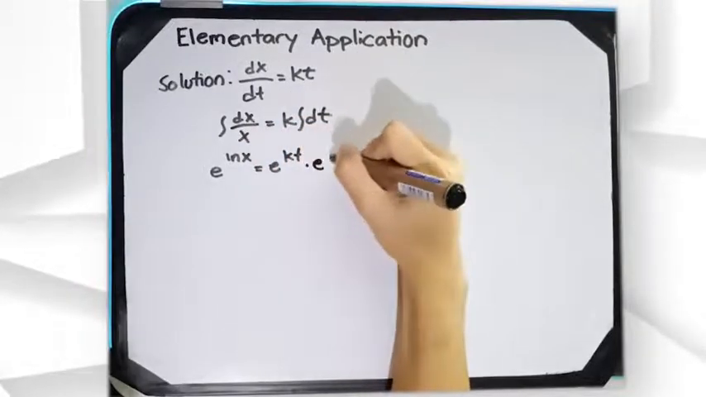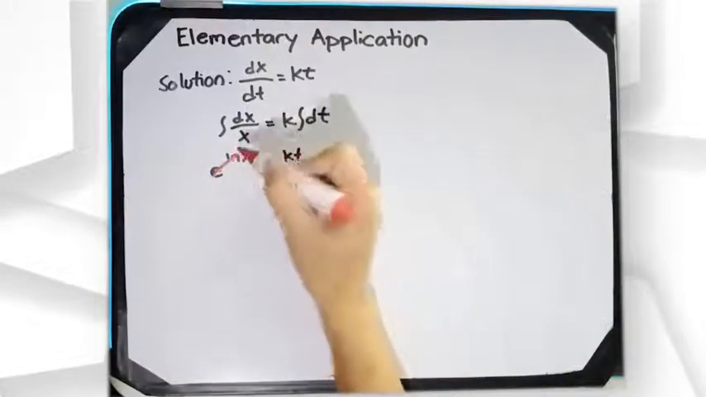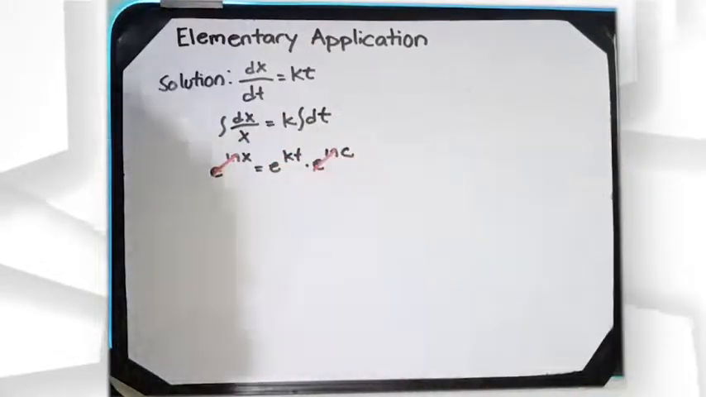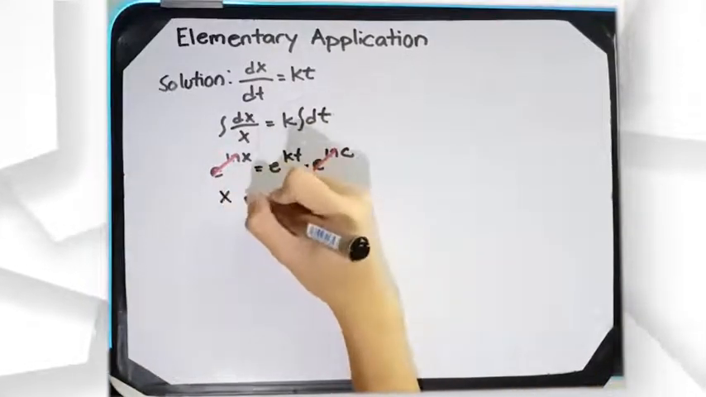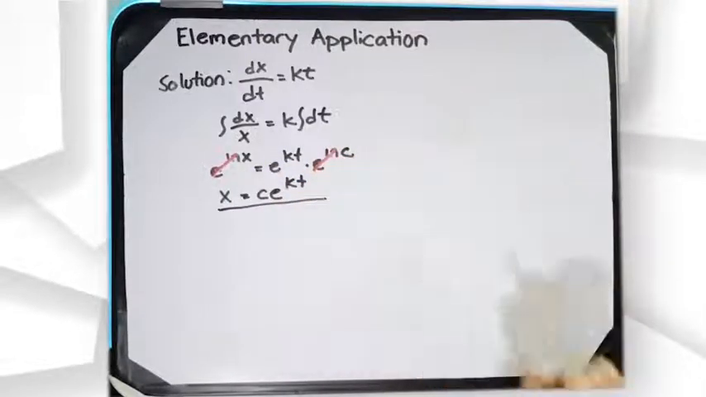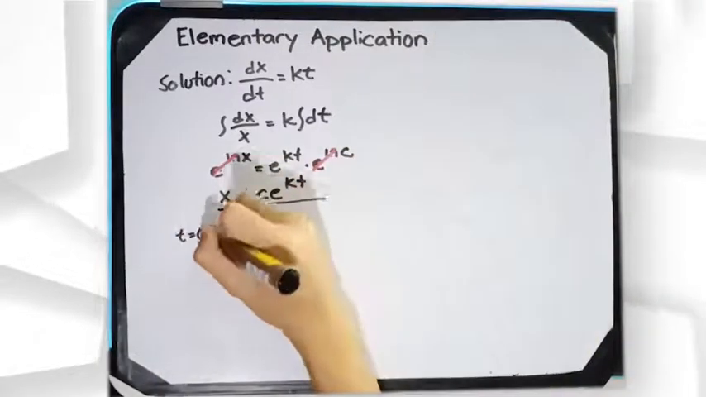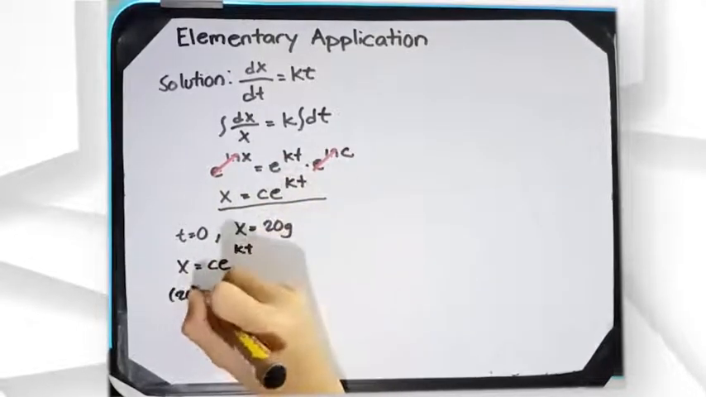Cancel e raised to ln and we can get x is equal to e raised to kt plus c, and it will be x is equal to e raised to kt times e raised to c. Now, we arrive at a general solution of x is equal to c e raised to kt. Using the general solution, we can get the value of c by substituting the given values we got